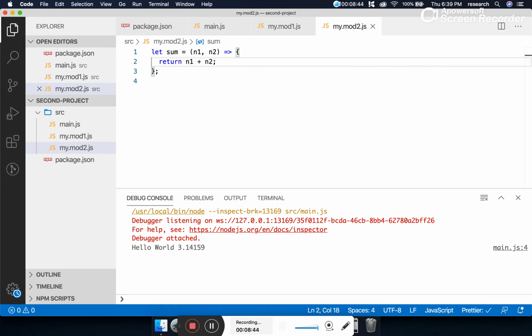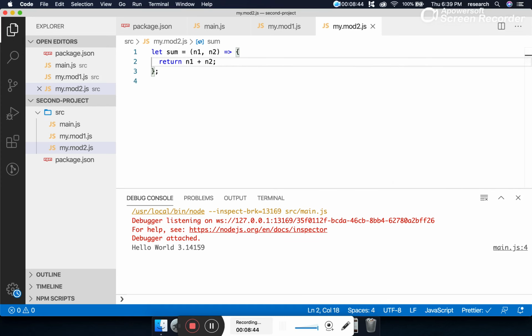So what we have done is declare a function. What kind of function? An arrow function. And most importantly, can you see that it has been assigned to one variable, sum. In the same way, let's declare another function. Let's call it difference, and here minus.